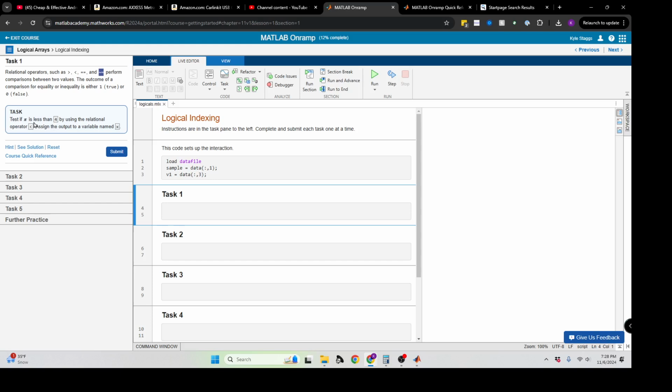We need to test if pi is less than 4 using the relational operator. Assign the output to a variable named x. X is